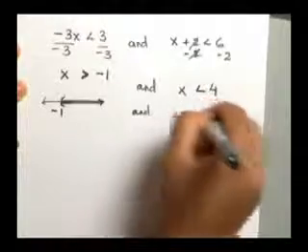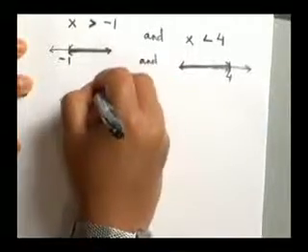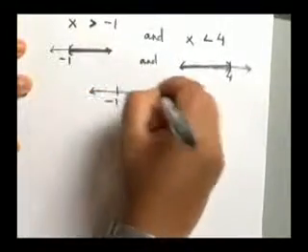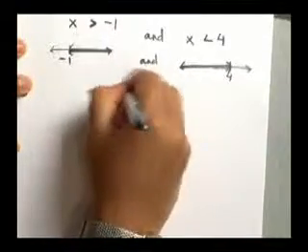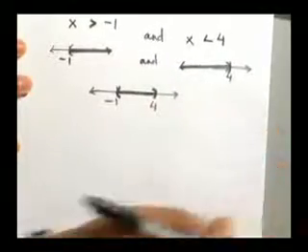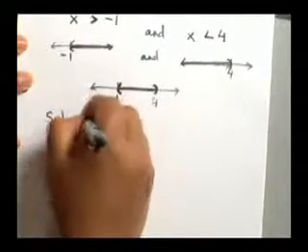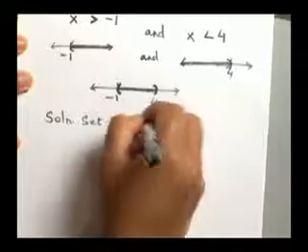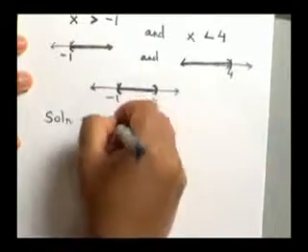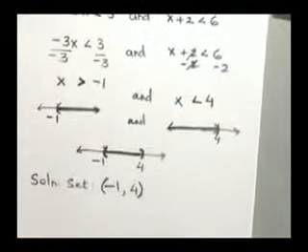So we will use parentheses to show that. So when I combine both of these solutions together, I get negative 1 and 4. x is greater than negative 1 and x is less than 4, not including negative 1 and 4. So when you write your solution set, you will write it as negative 1 and 4 and use parentheses. This time you will notice we do not use brackets because we don't want to include negative 1 and 4 in our answer. And there you have it. That's how you would work with